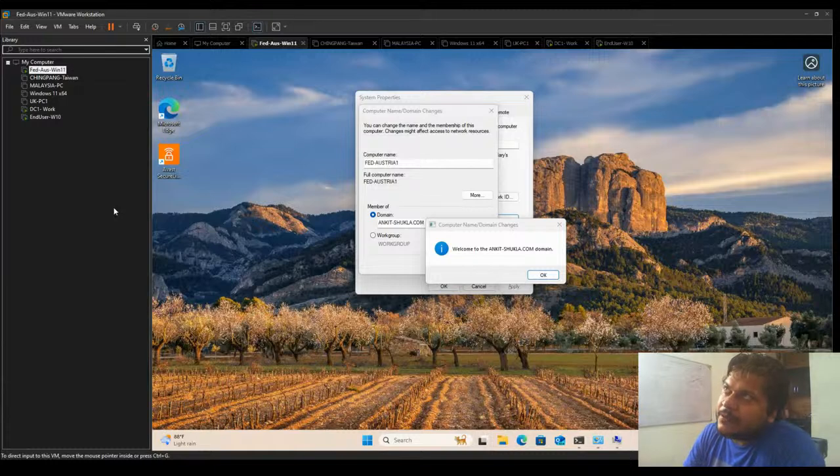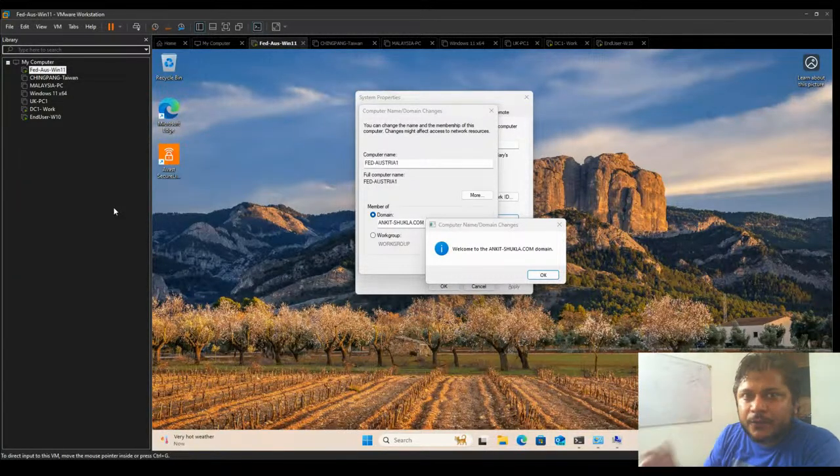Also, when a machine is in a workgroup and not joined to a domain, it has just a computer name. However, when a machine joins a domain, its full name, or fully qualified domain name, FQDN, changes. The host name will remain as is, but the fully qualified domain name will change to machine.domain.com. So for my client machine here, it will change to australia.ankit-shukla.com. The domain is added to the machine name. That's the fully qualified domain name. The host name remains as it is.